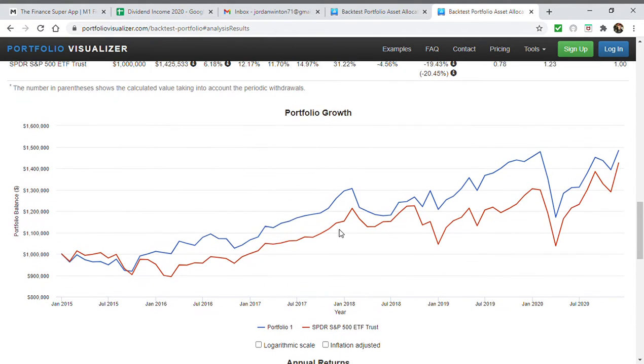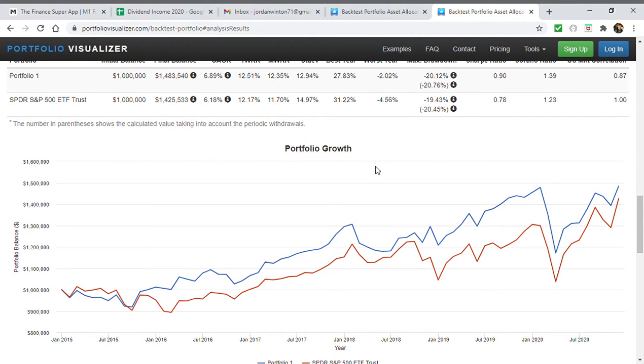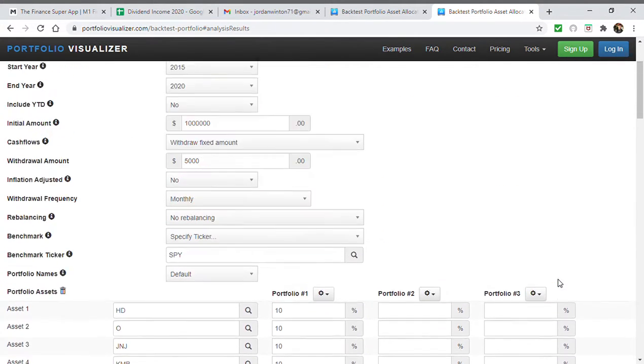In these two portfolios, they would have uptrended. You know, the stock market's been up the last 5 years, and you would have had about a similar performance. The portfolio with the dividend stocks slightly outperformed, but pretty close. But meanwhile, what's more important here is that your retirement is safe. During the little dip here in 2020, you would have went right back down to about your $1 million mark with the S&P 500, but you're still safe. You're still good. So let's go back another 5 years, okay?